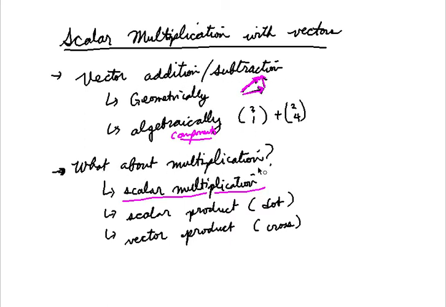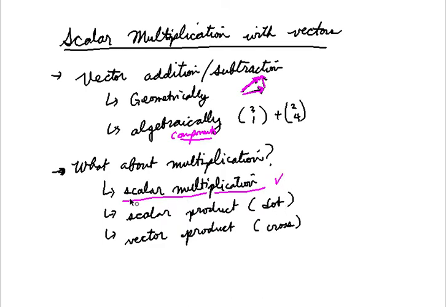Well, what about multiplication? So with vector algebra, there are basically three types of multiplication. You can't just do this times this, because a vector is an object, kind of like an arrow, okay? You can't just multiply arrows together, right? It doesn't make sense. So what you can do though is scalar multiplication, which is what this